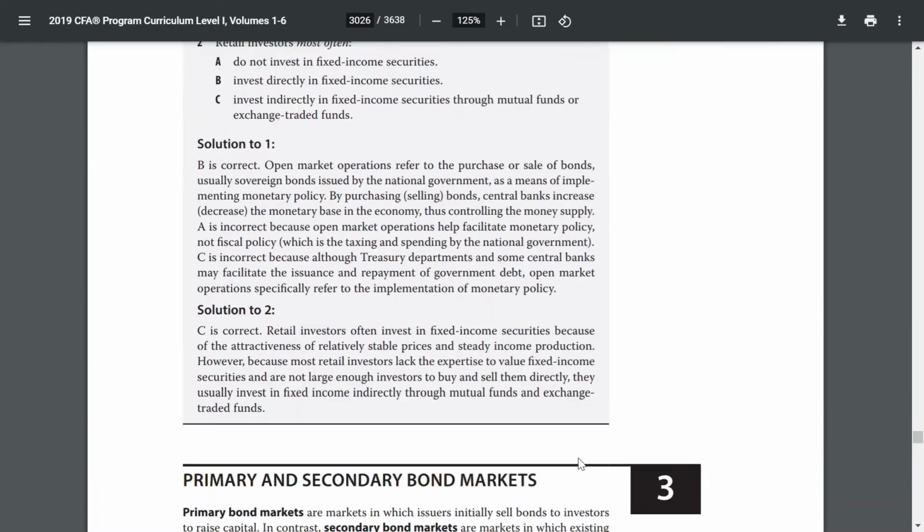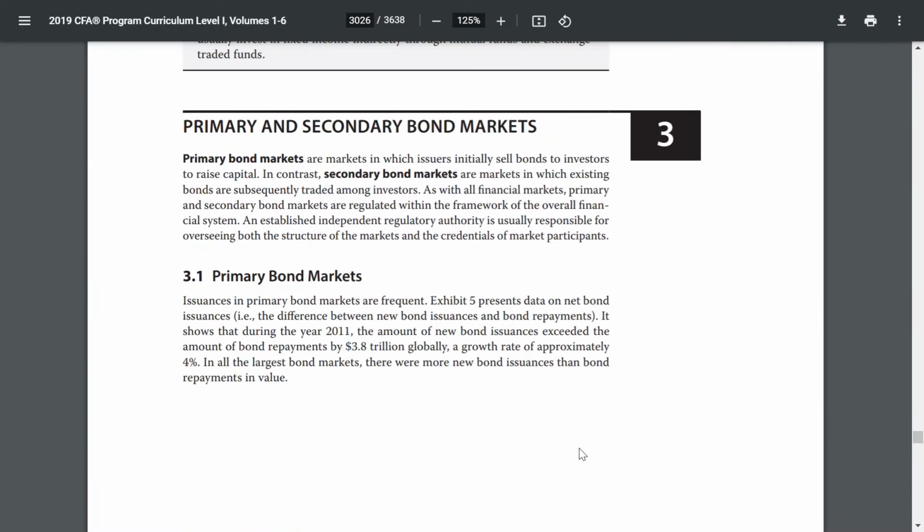Primary and secondary bond markets. Primary bond markets are markets in which issuers initially sell bonds to investors to raise capital. In contrast, secondary bond markets are markets in which existing bonds are subsequently traded among investors. As with all financial markets, the primary and secondary bond markets are regulated within the framework of the overall financial system, as an established independent regulatory authority is usually responsible for overseeing both the structure of the markets and the credentials